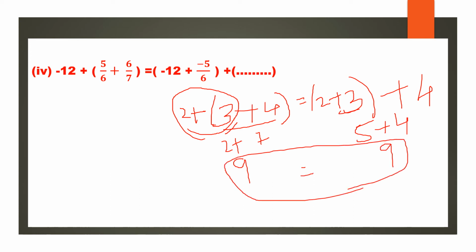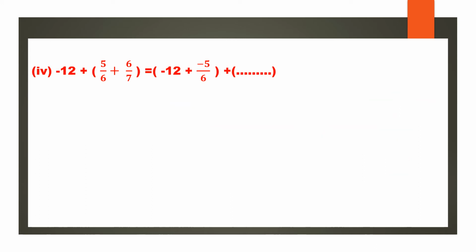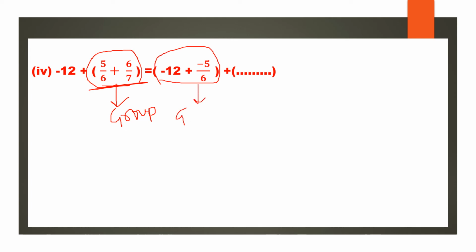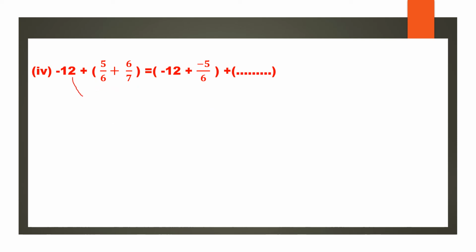Such type of property is called associative. Associative means we are associating them. Here these two are grouped. You should remember the word group. Here we are grouping these two. Grouping is nothing but association. So associative property. We are changing the group. When the group is changed, you should have in mind that it is association. So associative property. Whatever is there here, that will be your answer. So your answer is 6 by 7. Clear? So let us go to the next question.